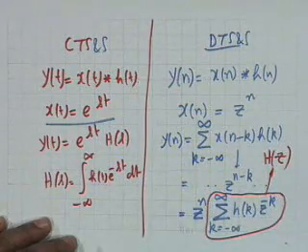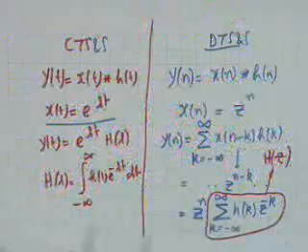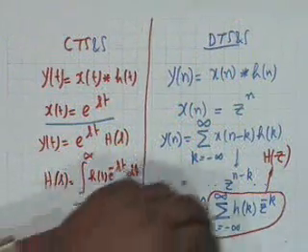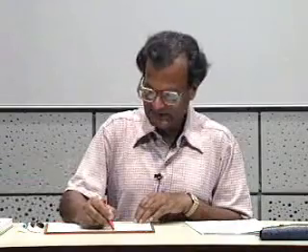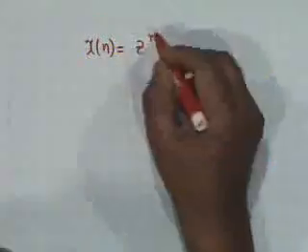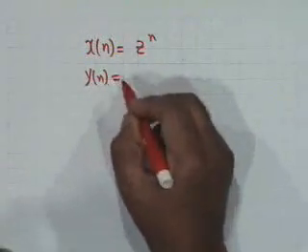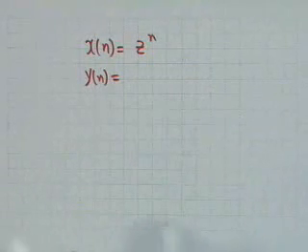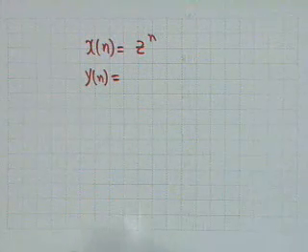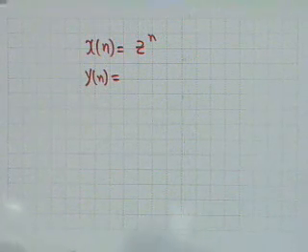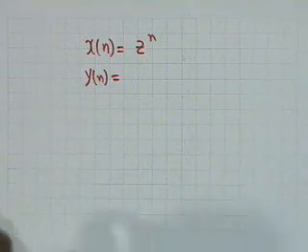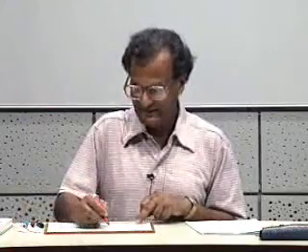And therefore you get absolutely similar relations. That is, in the discrete time signal, if x of n is z to the n, then y of n... implicit is one assumption which I have not mentioned. What is the assumption? That it is an LTI system. That is correct. Then y of n is z to the n H of z,